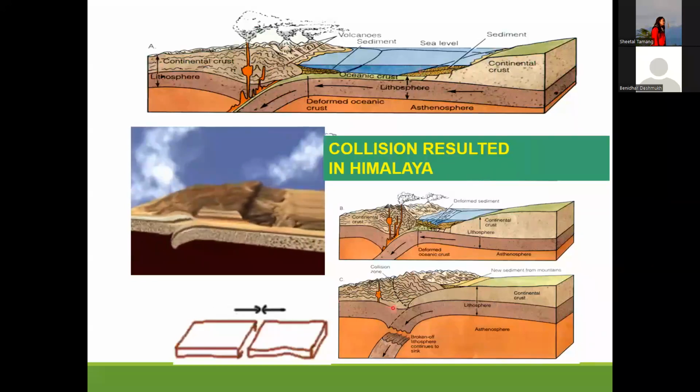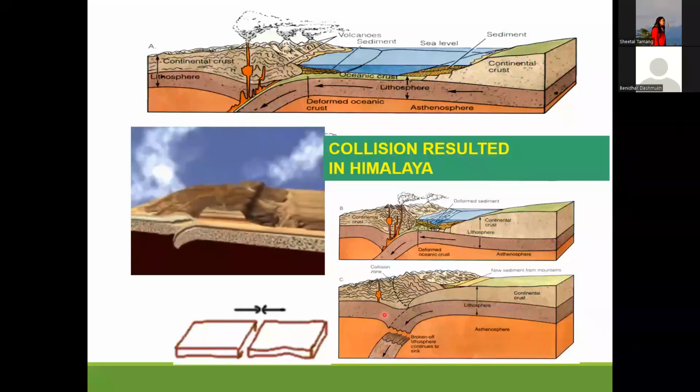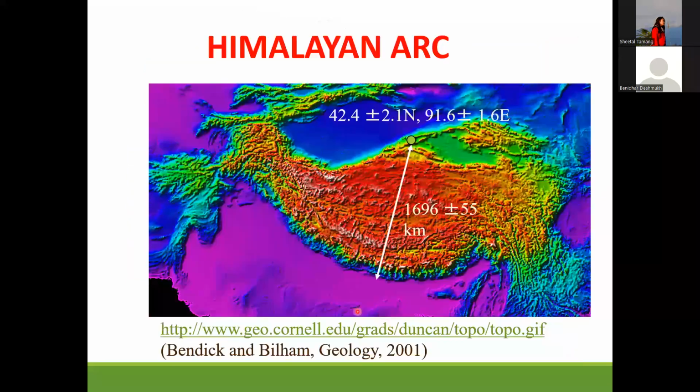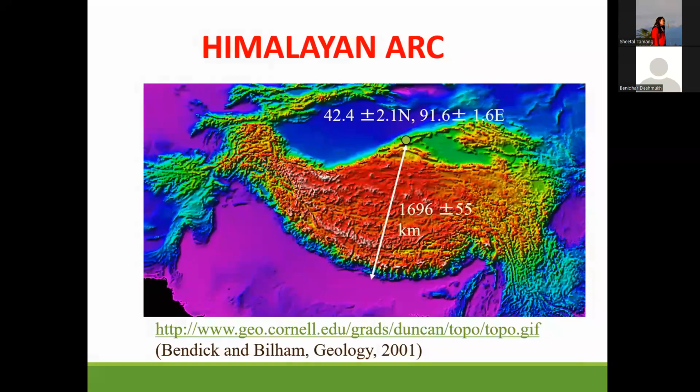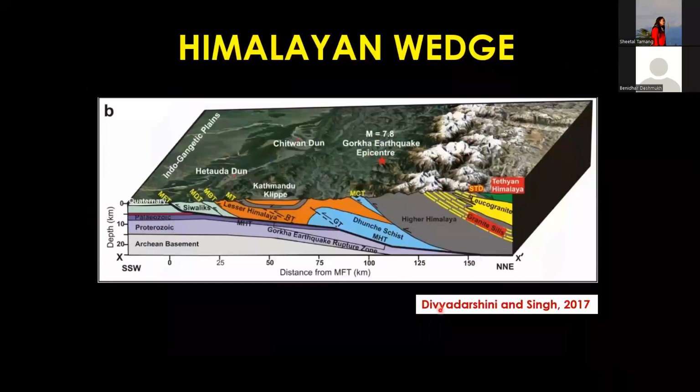Okay, so if you take this analogy and also take into account that we have basal detachment or decollement imaged in the Himalaya, then if you take a cross section across the Himalaya anywhere from this point, which is basically the boundary between the two plates, which existed there earlier, and basically look at this zone, then you'll essentially see something like this. And this is again a diagram which was done by Vimal, the student.